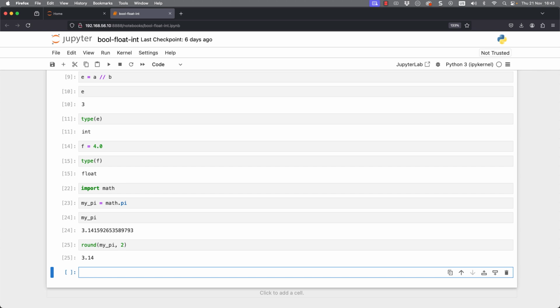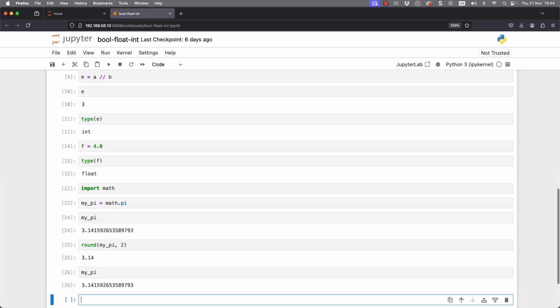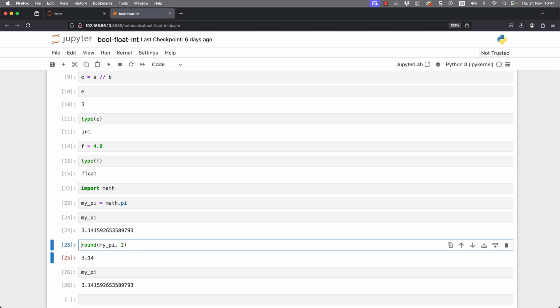3.14. In doing so, I haven't changed the value of the variable my_pi. I've just looked at the output of the round function. At no stage did we reassign my_pi with a new value. So if I double check this and read the value of my_pi at the moment, when I hit Shift and Enter, we can see that it's still the long version that we inherited from the math library.